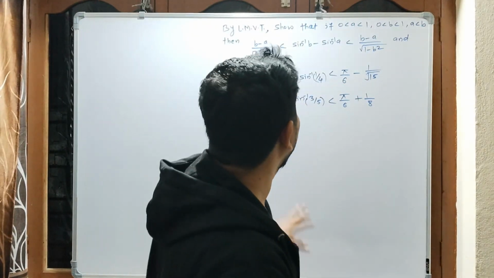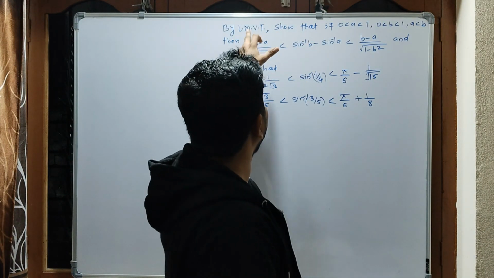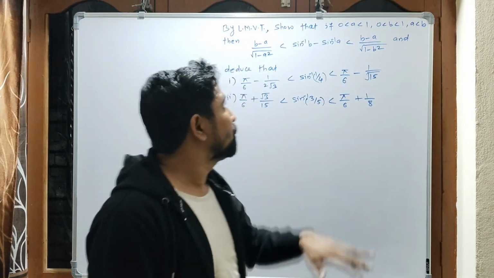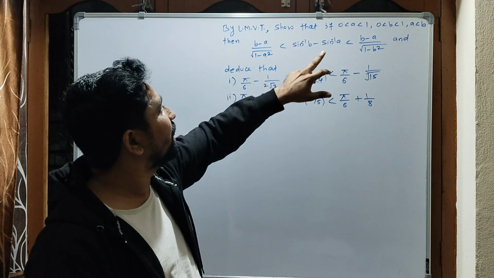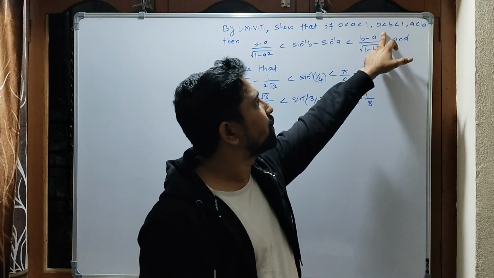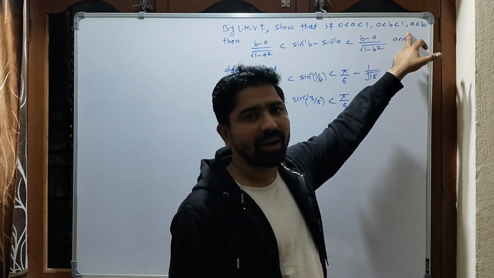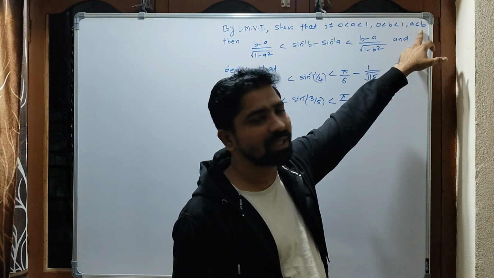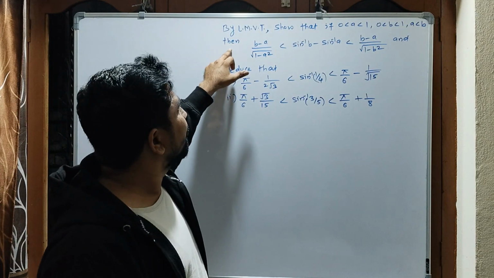Hi friends, in this video, by using Lagrange's mean value theorem, we have to prove this inequality. Show that if 0 is less than a is less than 1, 0 is less than b is less than 1, and a is less than b, so here b is greater than a, then prove